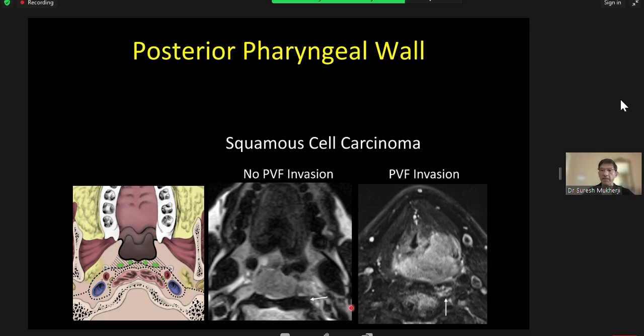So how do we identify that? Well, here's a large tumor involving the posterior and the lateral pharyngeal wall. And what this white arrow shows on the T2 weighted images is edema in the longus colli muscle. Notice how it's not here on this other